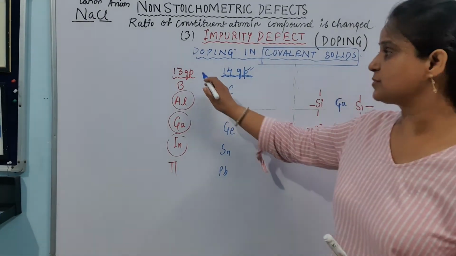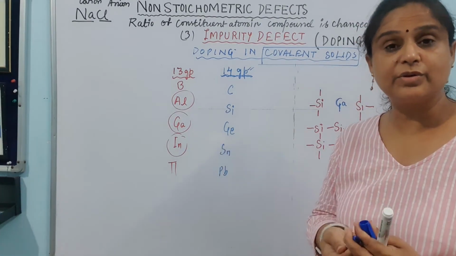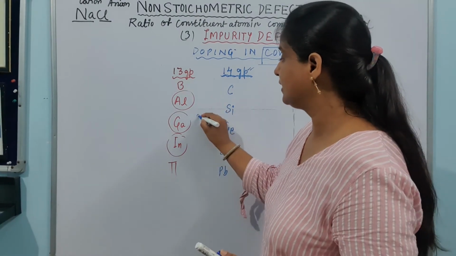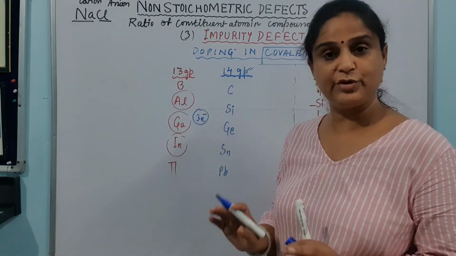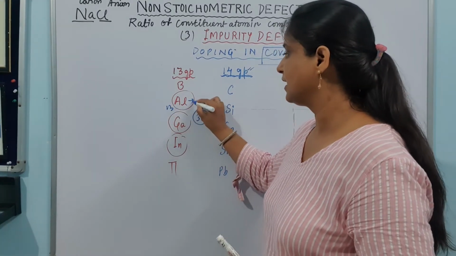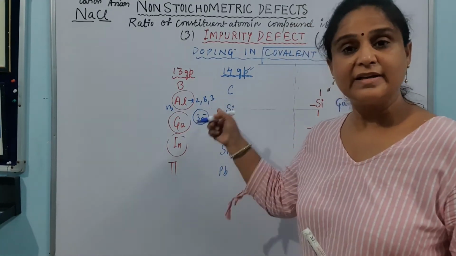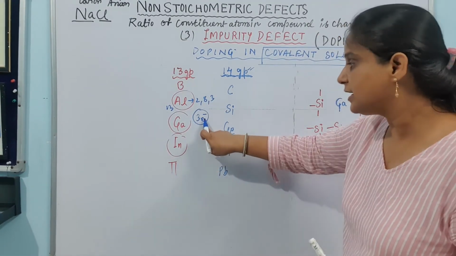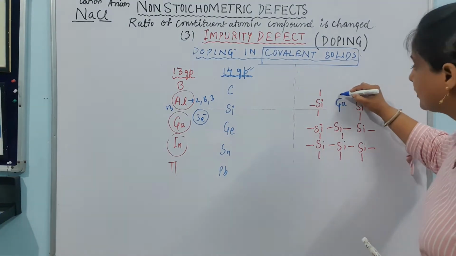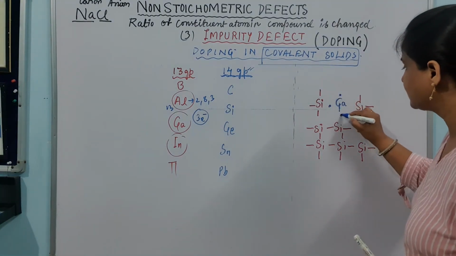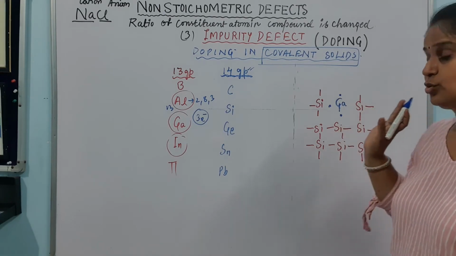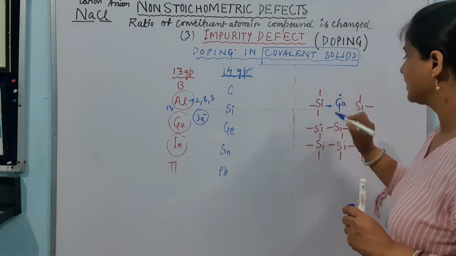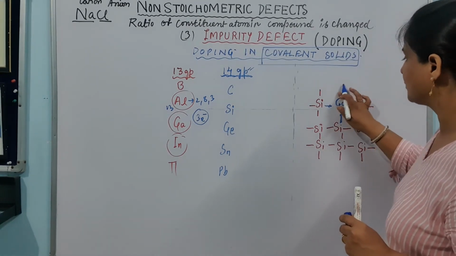Now just because this belongs to the 13th group, if you remember the electronic configuration, you must be knowing that there are 3 electrons in their outermost shell. Aluminium तो सबको पता ही है ना, it is 13 and the configuration 2, 8, 3 होता है. Same way आगे वालों का भी 3 electrons, that is why they are in the same group, है ना. तो 3 electrons in their outermost shell. तो गैलियम के भी 3 होंगे, so this is 1, this is 2 and this is 3. One side there is no electron with the gallium.